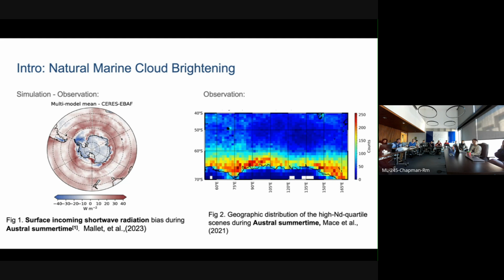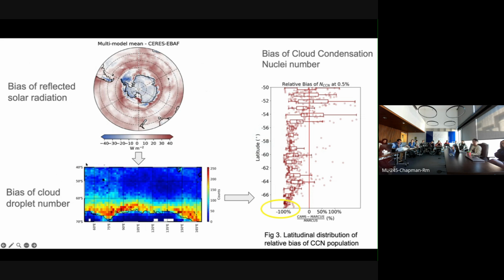What does the observation say? This is pure observation data on the right. Climatology observation using satellite data shows the Antarctic clouds over this region in the season are actually very bright with really high cloud droplet number concentration, which might be the reason for this bias in the model. We can further show on the right-hand figure in this slide the bias of CCN as a function of latitude. We see the relative bias here defined as model minus observation over observation